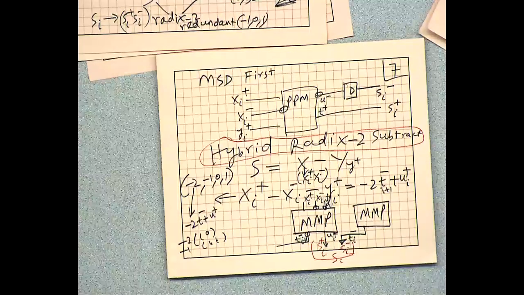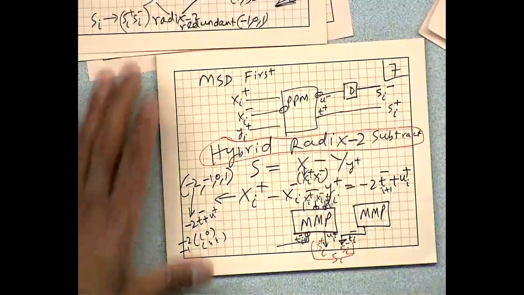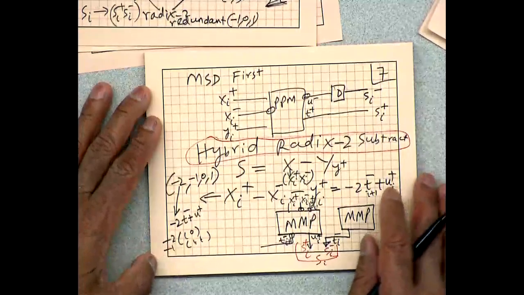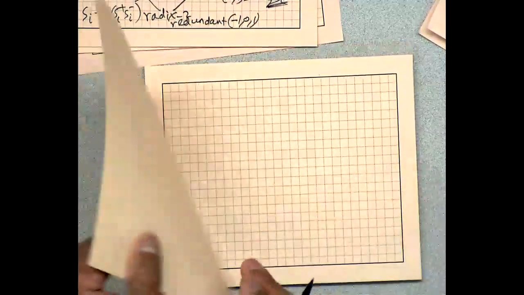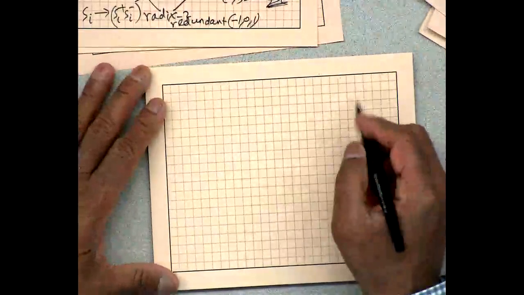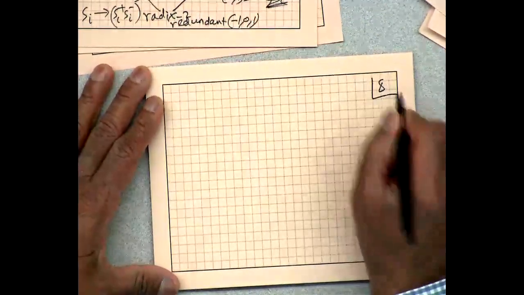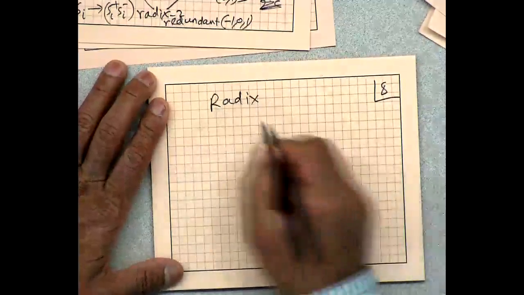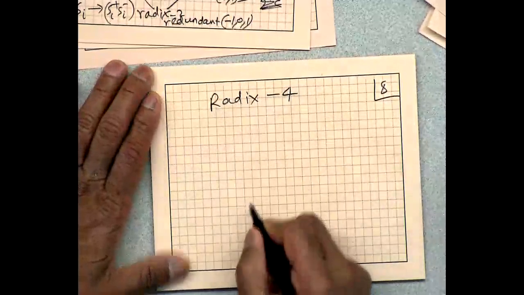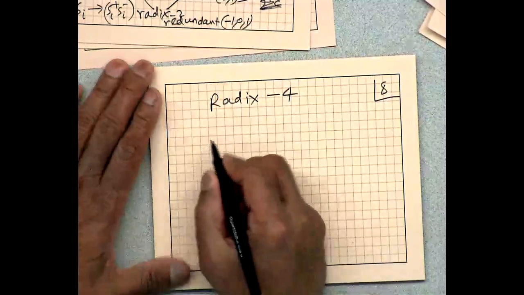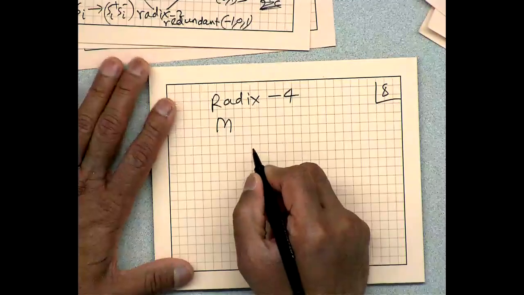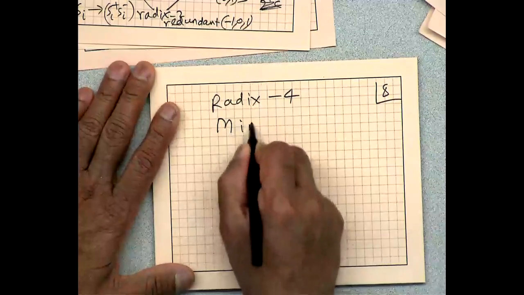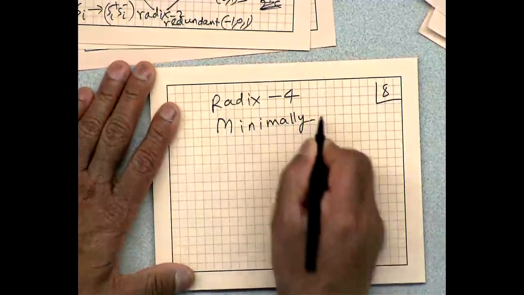Okay, so let's spend a little time talking about radix 4 representation. We have talked about hybrid add, hybrid subtract in radix 2. So let's talk about radix 4 add and subtract. Well, let's just talk about add. So radix 4, and it turns out that when we talk about radix 4, the redundant representation is not unique. There can be many possible representations. So we can have a minimally redundant,